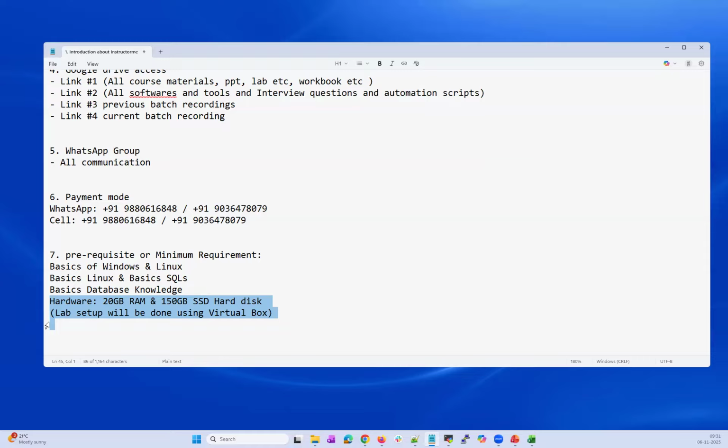Even if you register for this RAC course, it is up to your interest, but you will not be able to do the hands-on lab exercises, because we need a minimum of 20 GB RAM to set up your VMs, the RAC cluster. Without that, you will not be able to do a lab setup, and then you'll not be able to do any hands-on lab exercise. Whatever lab exercise I'm doing, you'll be able to watch, but you'll not be able to do hands-on. So I strongly recommend, as a DBA, unless you put your hands on and do your own lab exercise, you will not be able to understand.